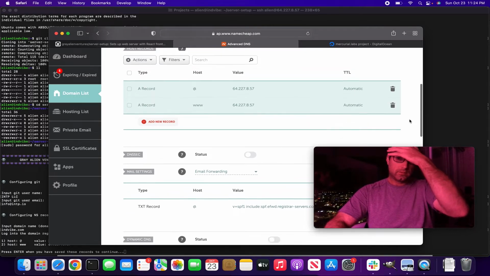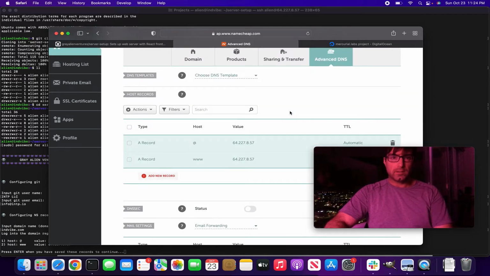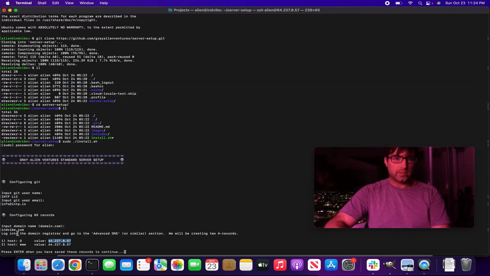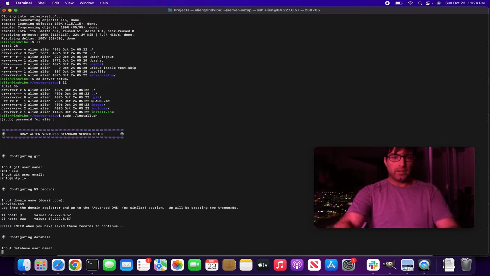Perfect. Cool. So that is all good. We did what the script told us. Log into the domain name registrar and go to advanced DNS. We created those A records, so we will press enter to continue. Our database username, alien,